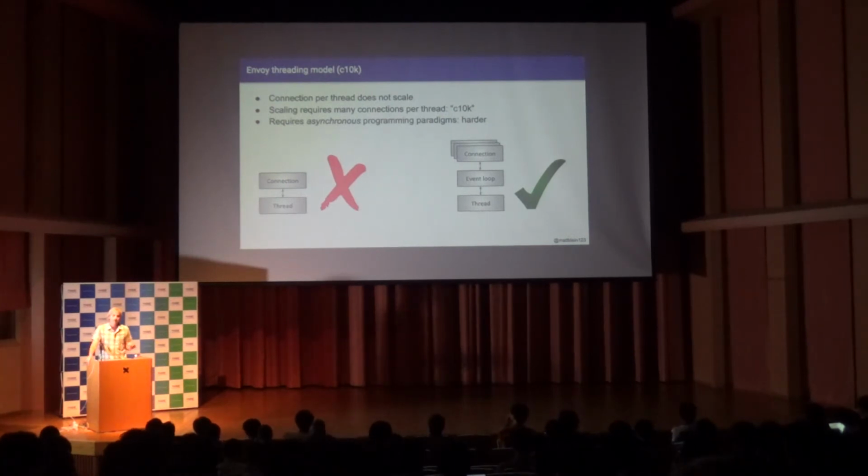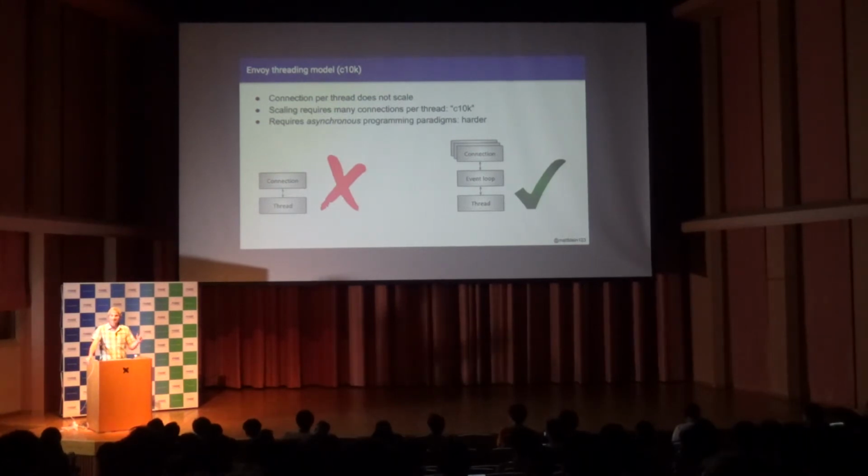It became very clear in the late 90s or in the early 2000s that this would not scale. The reason that it wouldn't scale is that from an operating system perspective, for every thread you have to maintain a stack, so that costs a bunch of memory. You have to do context switches, that costs a bunch of CPU. So people were realizing, hey, we would like to have long-lived connections, it's good for performance, we would like to have tens, hundreds of thousands, even millions of connections per box. Probably can't do that using connection per thread. So in the early 2000s, that really fell out of favor, and primarily driven by